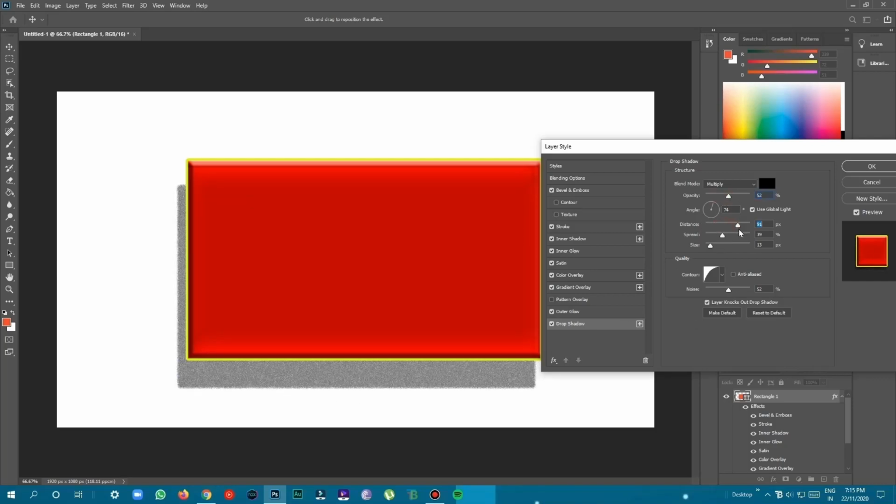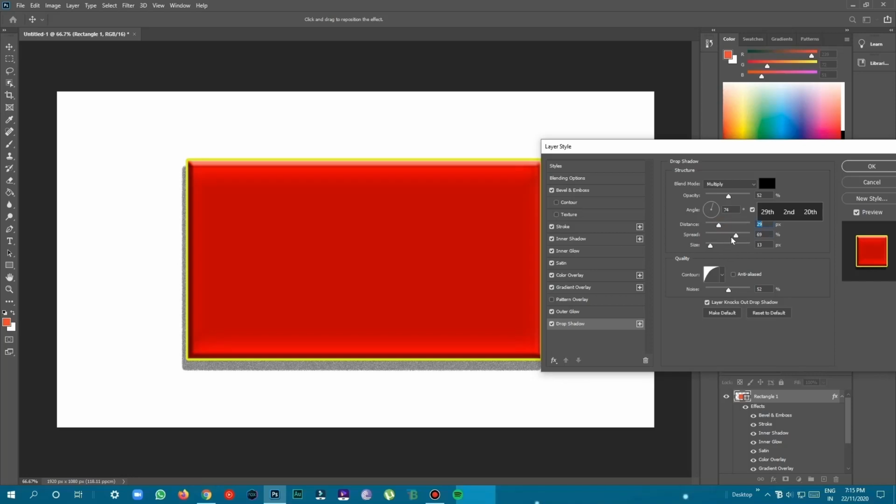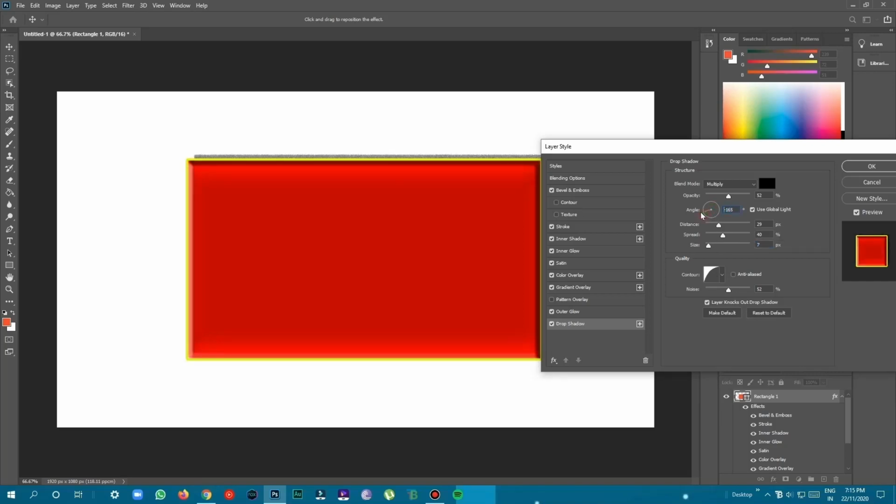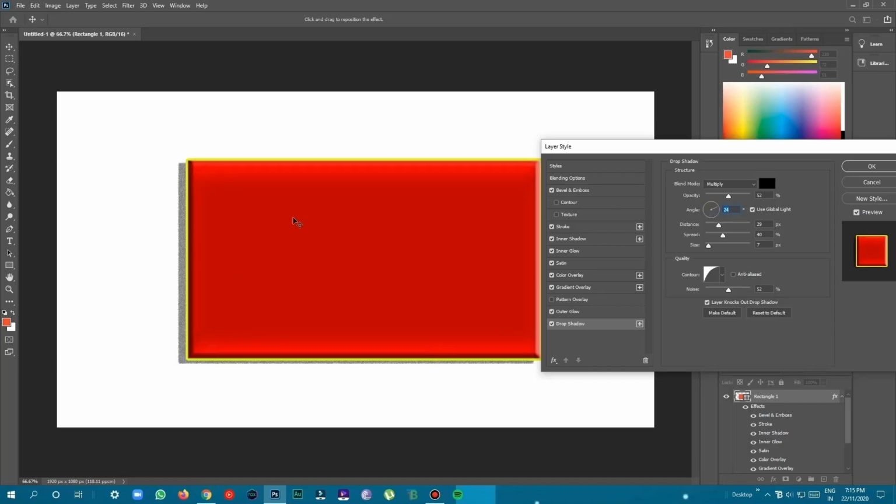As you can see, the distance of the shadow increases, the spread increases, the size, everything we have in every layer style. We can change the angle too, from where the shadow should fall. Yeah, this one looks nice.